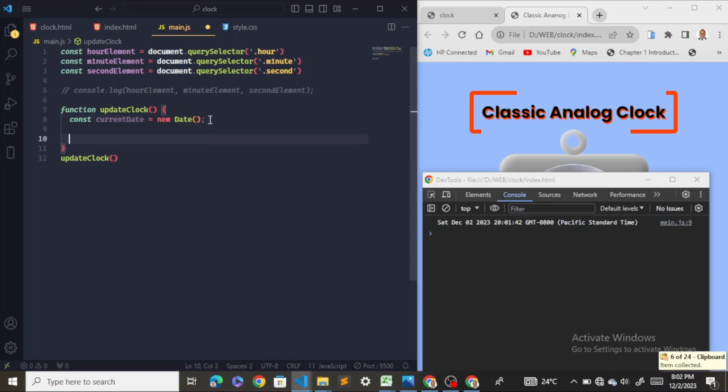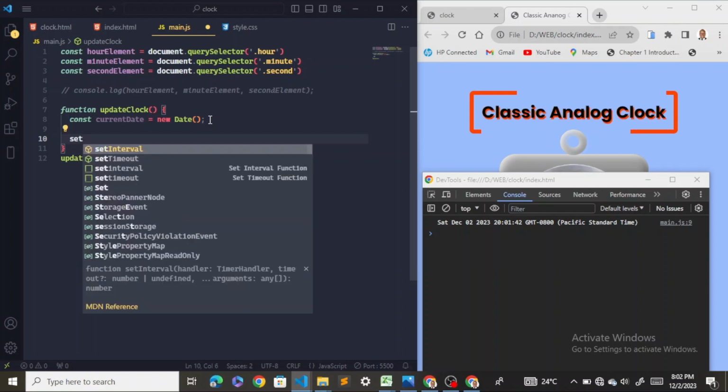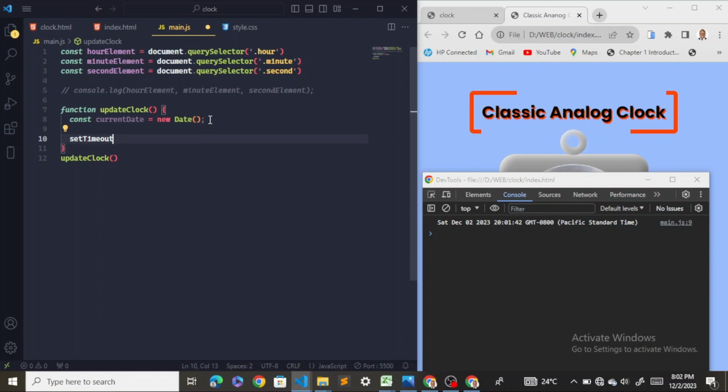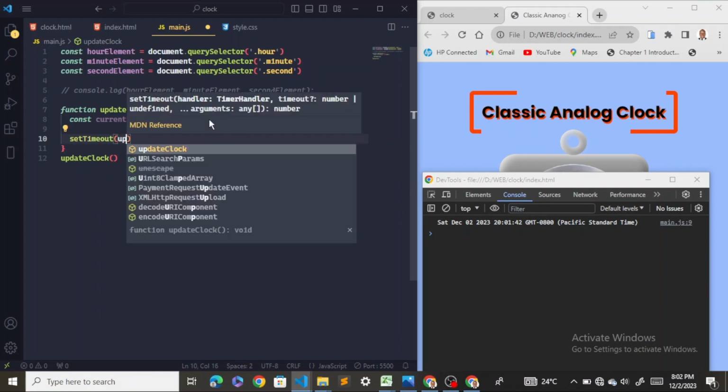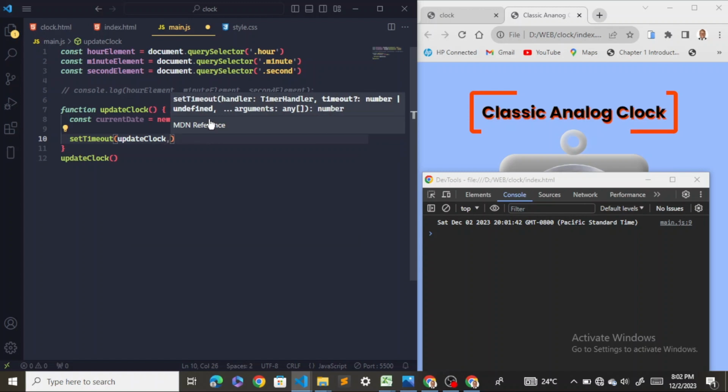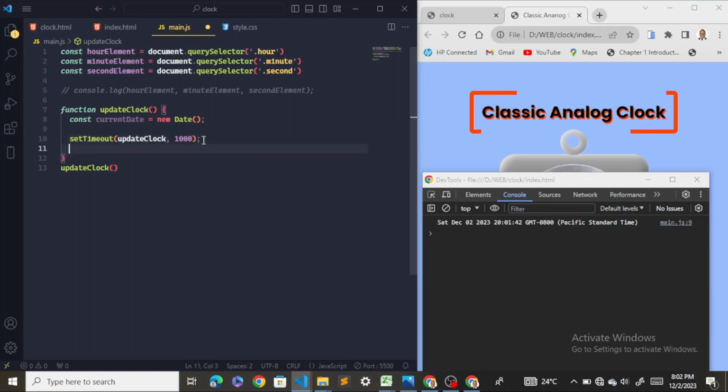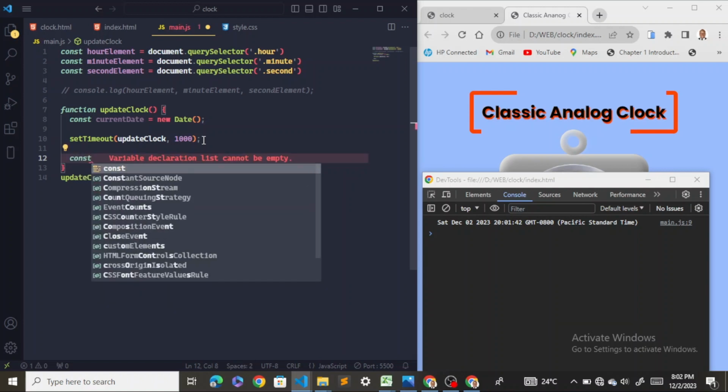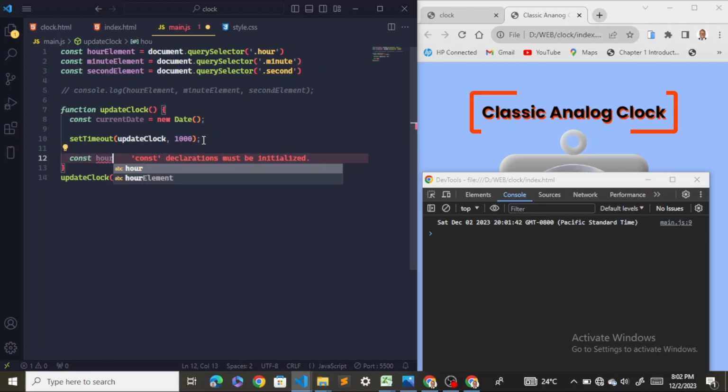And now after this, let's use the setTimeout method here, this one down here, and then I'm going to run this updateClock, comma, and I want it to take 1 second every time, and this one can only work if we do something. And here I'm going to declare some variables. For the first one, hour should be equivalent to current date, the one I've just grabbed there,